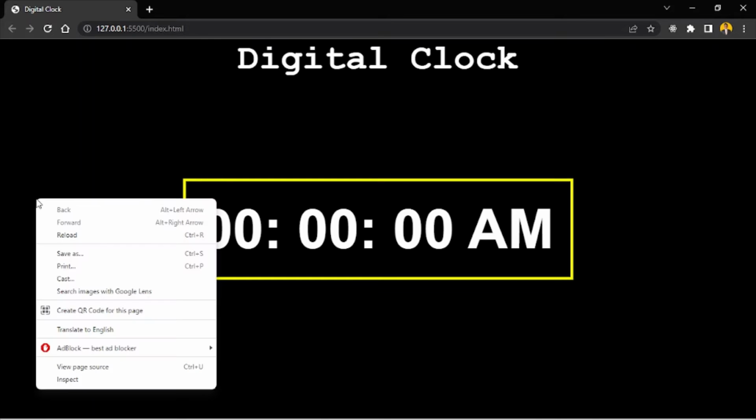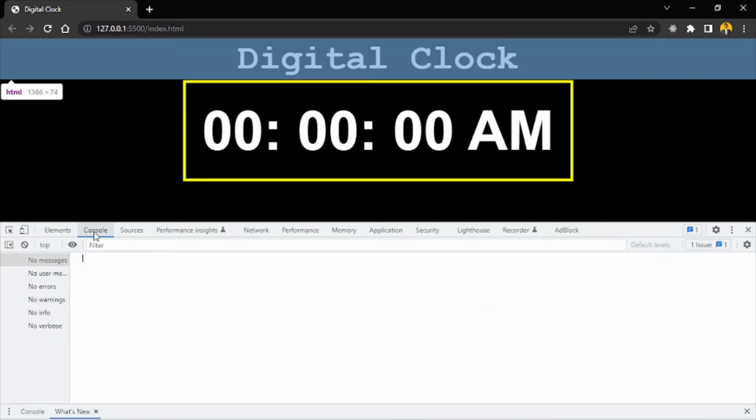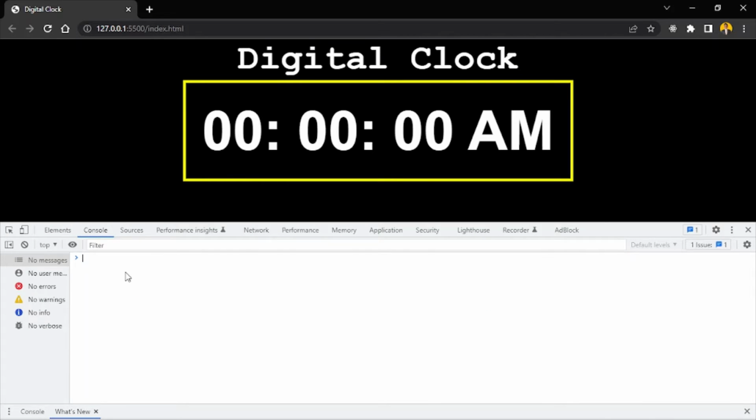Okay guys, before moving forward, I need to explain one more concept to you. So let's open our console. I think you should know this. Now we are going to see a new thing, which is a date object. So let's first use that. We are creating a variable, date,